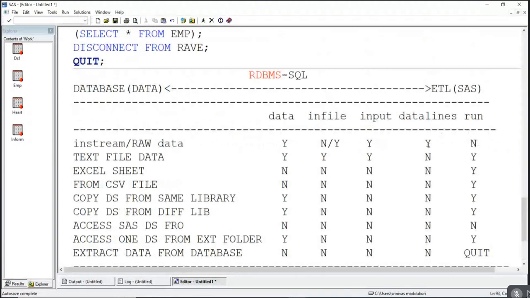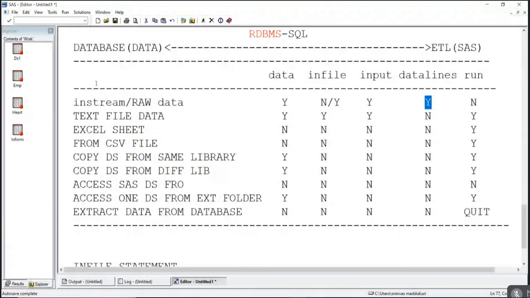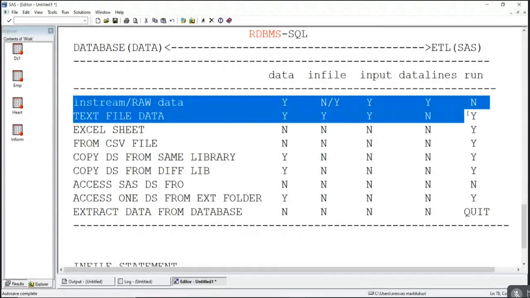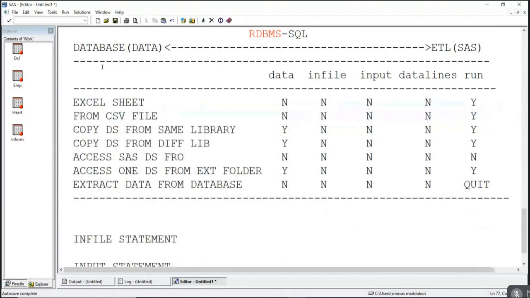When we have in-stream data, we require it only when we have raw data or in-stream data. Now, in real time, almost you will never get in-stream data, or in very rare cases you will get only text file data. Okay, then if you do not have a text file or in-stream data,